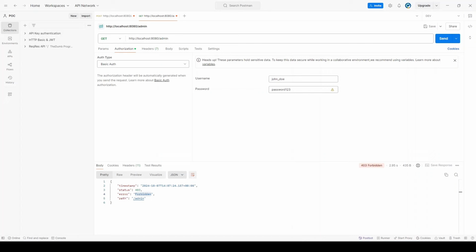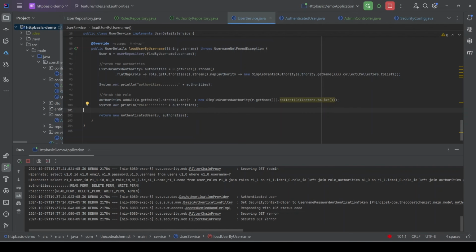So let's go to the terminal and see what kind of data we are adding to the authorities. If we check the logs here, the first log, which is for authorities, we can see that we are successfully adding the available authorities like read perm, delete perm, and write perm, which all belong to the admin role. And as to the roles available, after adding the roles of that user, the final authorities list has